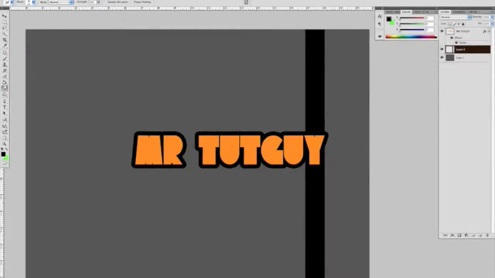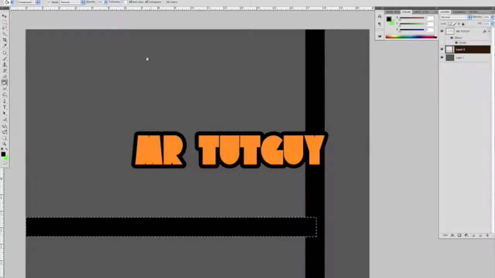And now once you've got all the lines you want created, I'll do another one, maybe going from the bottom to the side. Fill that in with black. Select, deselect. And once you've got that all done, you can make it as fancy as you'd like. I'm just going to do this kind of quick. You then want to go into Effects,